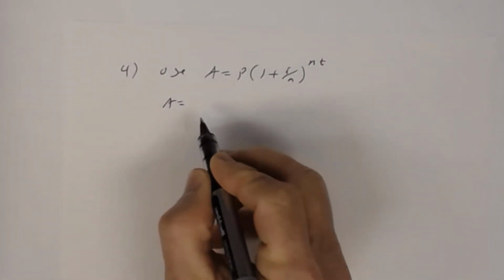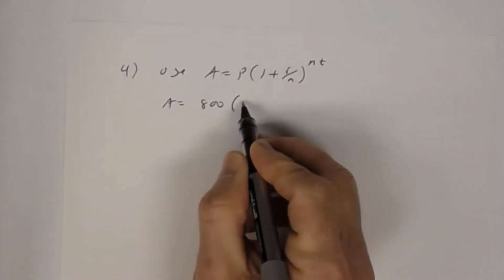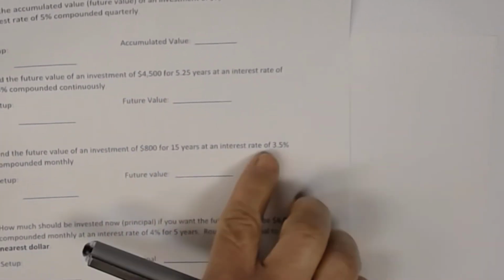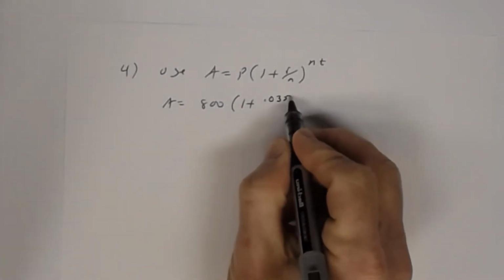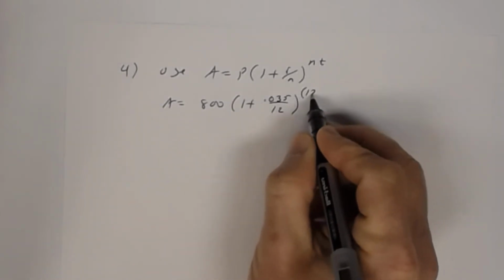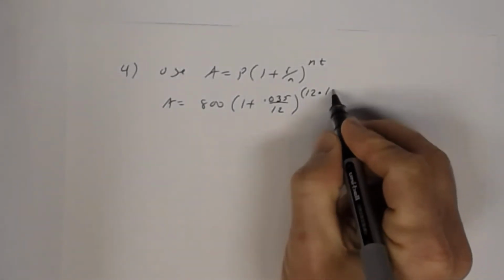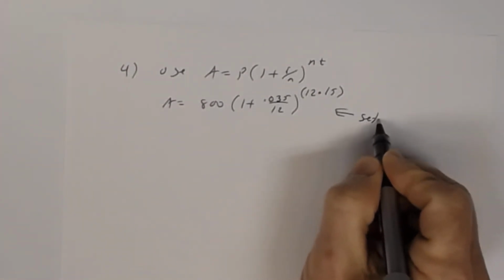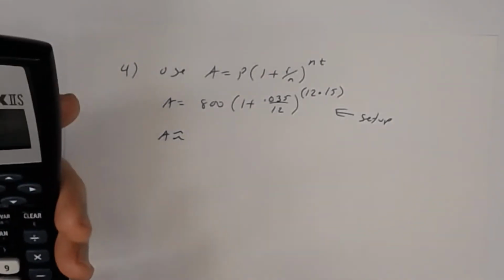Okay, so the future value will be, the principal in this case is 800 times 1 plus the rate, which is 3.5% right here. But I have to convert that percent to a decimal, so that's 0.035. So that's monthly, so that's 12, all raised to the NT, so that's 12 times the number of years, which is 15. So 12 times 15 in parentheses. So there's your setup. So your accumulated value will be approximately equal to,